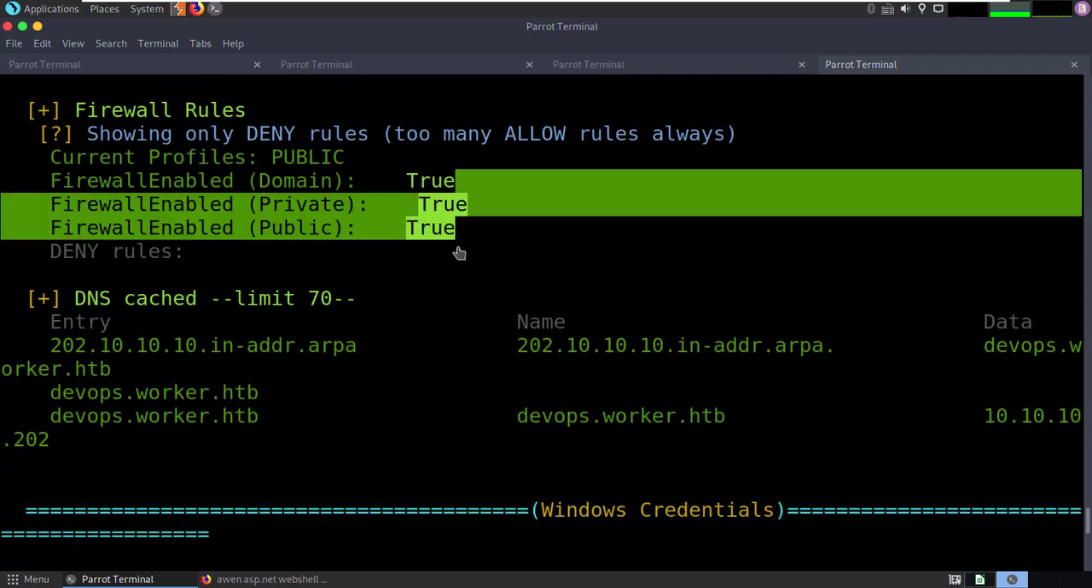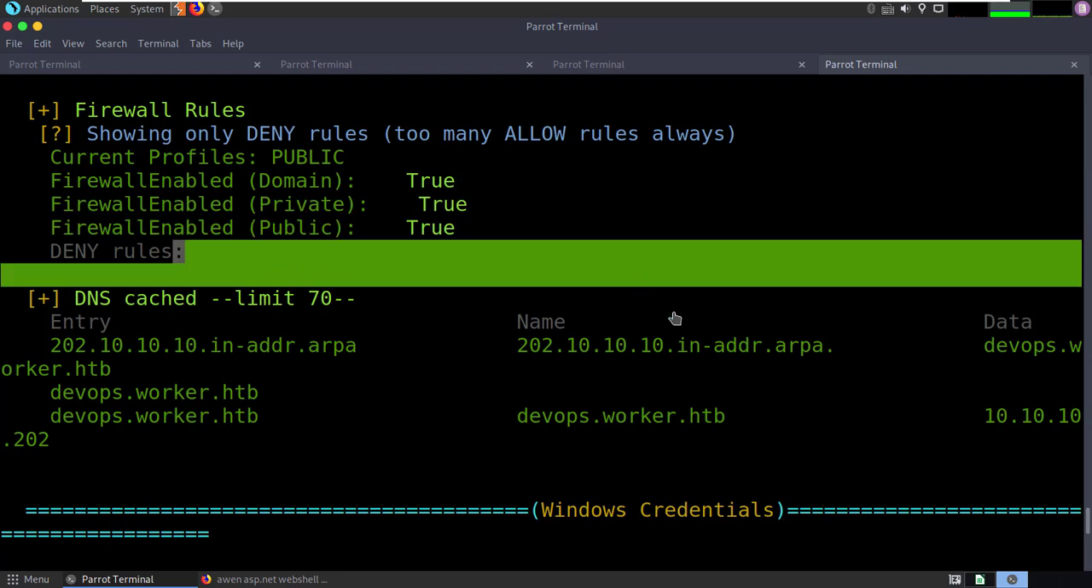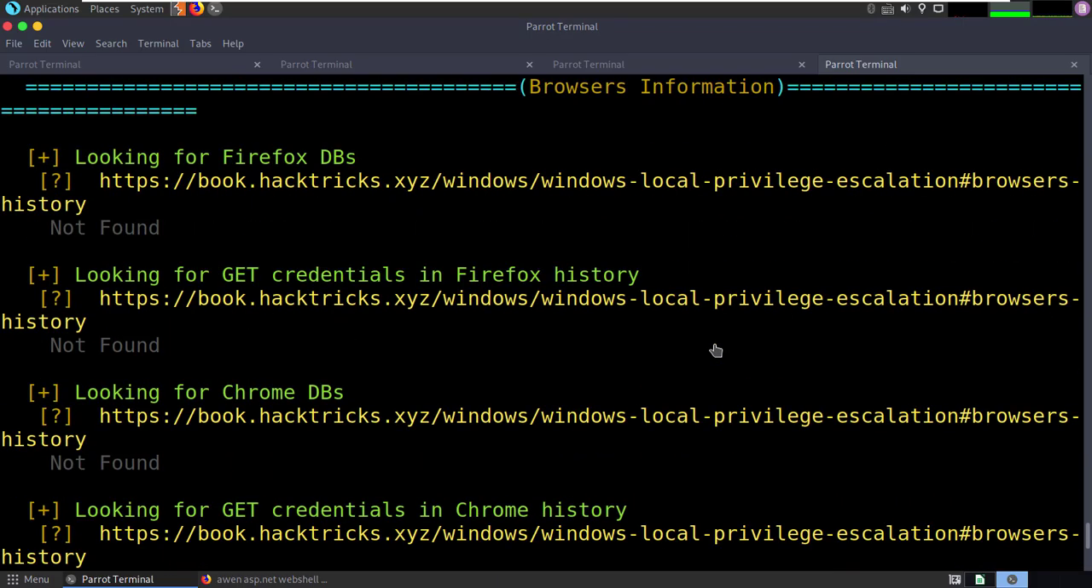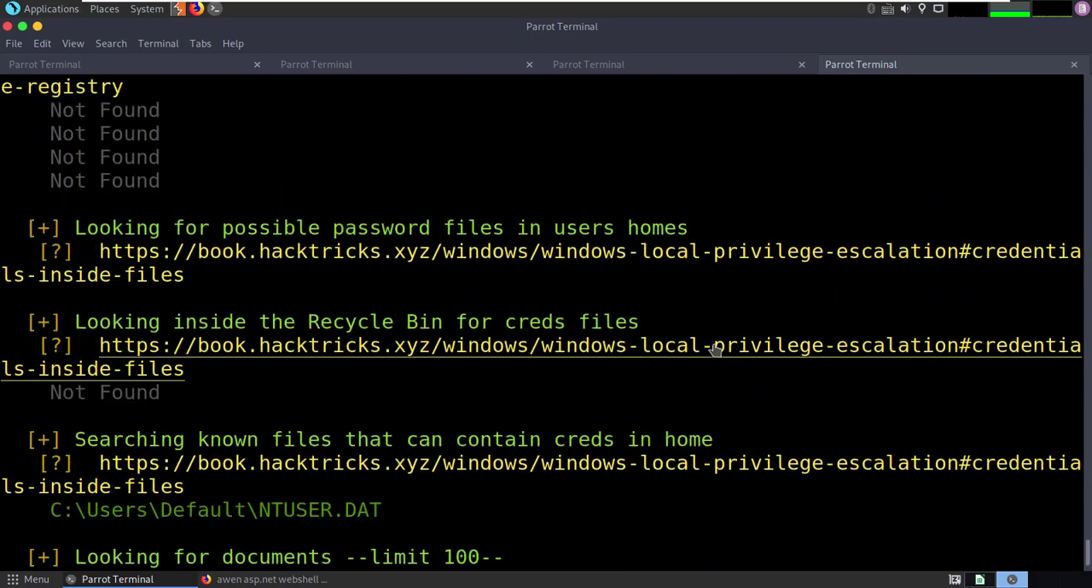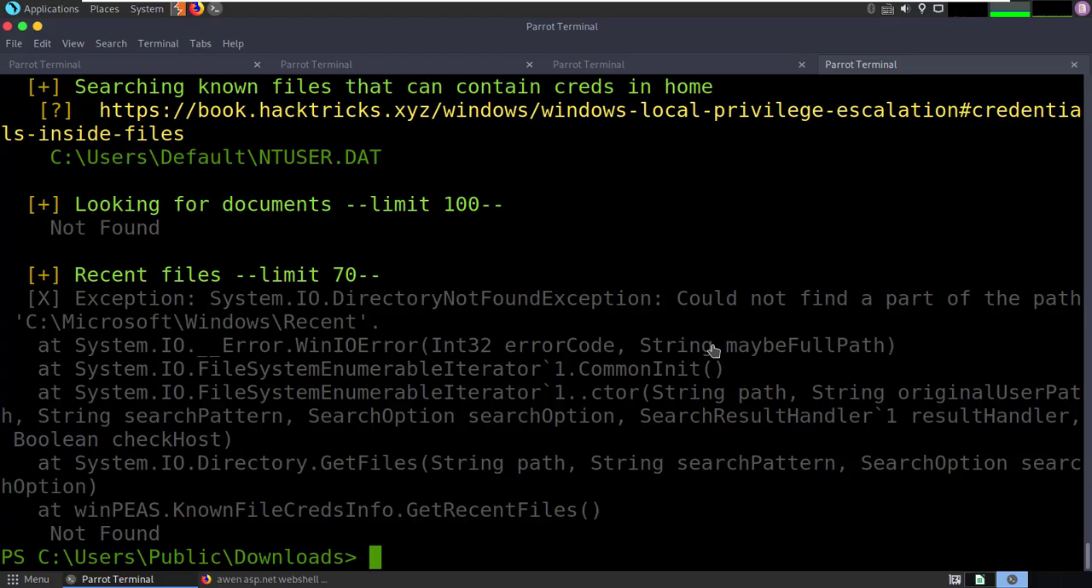It does say that the firewall is up, but it doesn't show any deny rules, so it shouldn't be too big of a deal. And we're going to go ahead and call that good. So there's a lot of information that just came out of that. One of it is being the user. So the next user we want to go after,